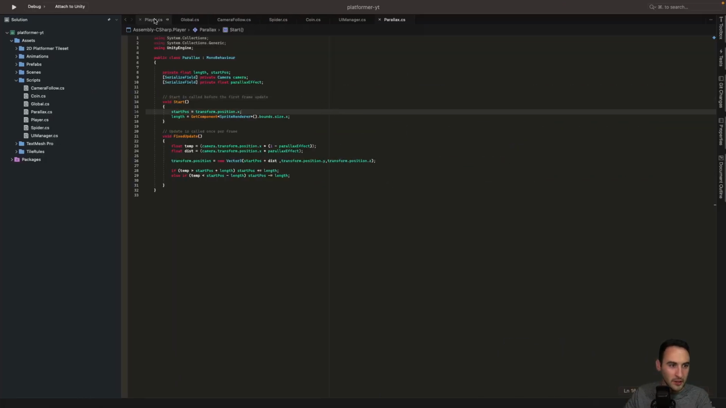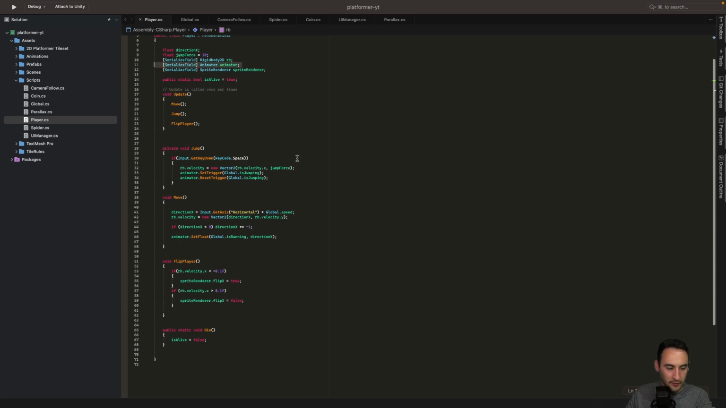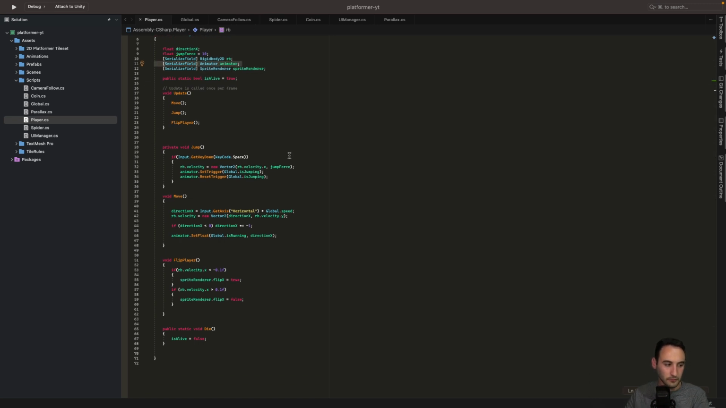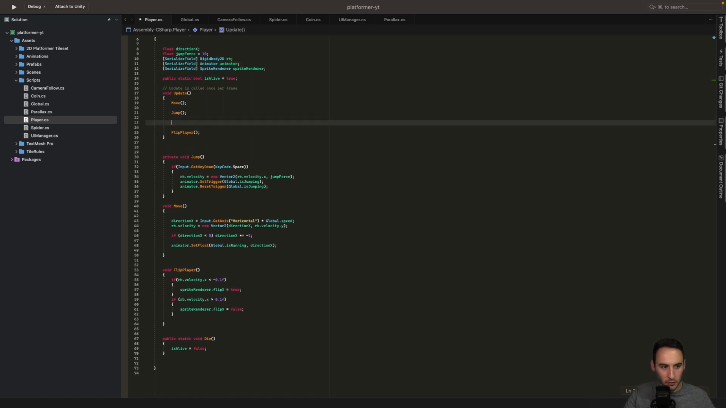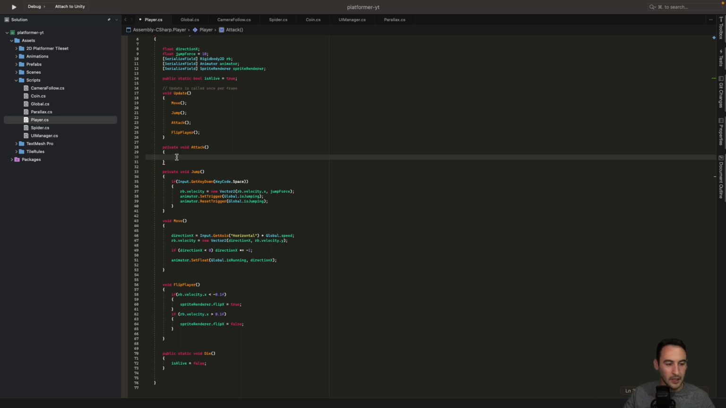We should have a player script, and on here we have an animator, so we can access that from here. So in our update method, I'm going to create another method called attack. So let's do this, attack, and let's go and create this. So this is going to be a private void attack, the name of the method we just created. And then in here we can go and say